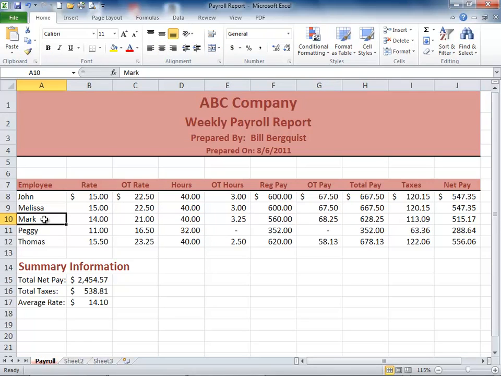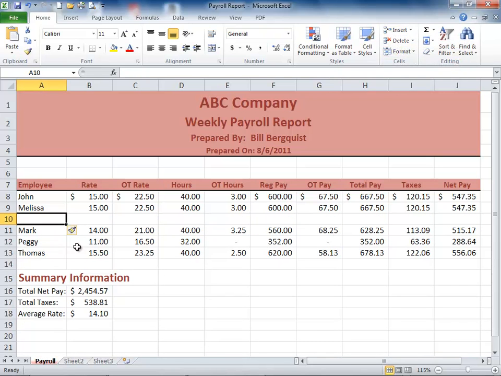Let's say you want to add a row for Joe, for instance. I want to put Joe in between Melissa's row and Mark's row. You put the cursor on the lower of the two, between Melissa and Mark there, and I'll go up on my ribbon, and there's an insert button, a little drop down arrow next to it, and I'll click on that and I'll pick insert sheet rows, and that opens up a row. I'll type in Joe in there, and I don't know, he makes $13.50 an hour,